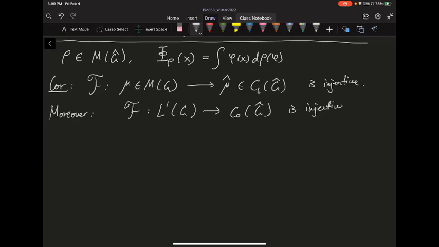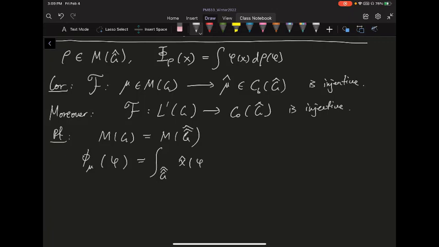Okay, so that's just an immediate consequence. All right, so to prove this, we have this M of G, and we know G equals this double dual space, so I pretend it's G double hat. So every measure on G, I can think about it as a measure on the double dual space. So if I define phi of mu, evaluated at a character, as the integral over G double hat of x hat evaluated at phi, with d mu